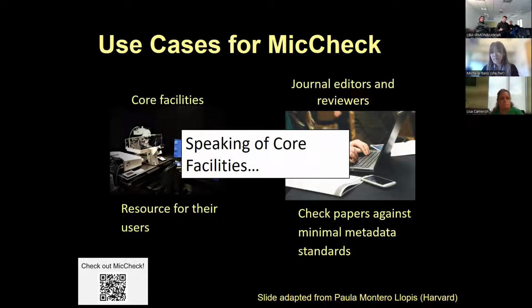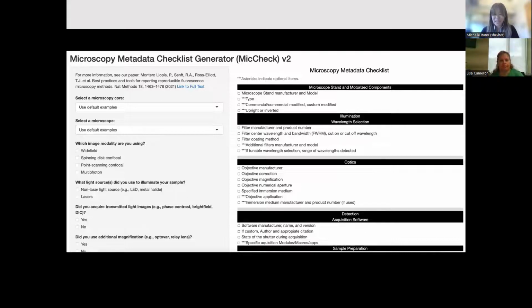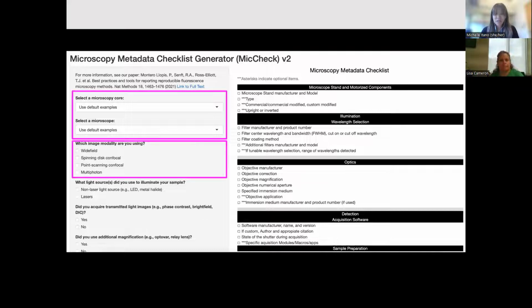And so, speaking of core facilities, I wanted to bring you to the next phase of this project, which is MicCheck version 2. This is something that Rebecca is actively working on and that I'm personally very excited about, is to build this for specific microscopes, where you select it was the 20x objective, and I know what that numerical aperture was and who the manufacturer is. So all that text can be imported automatically, and for all else, it will be accurate. And so that way people can use